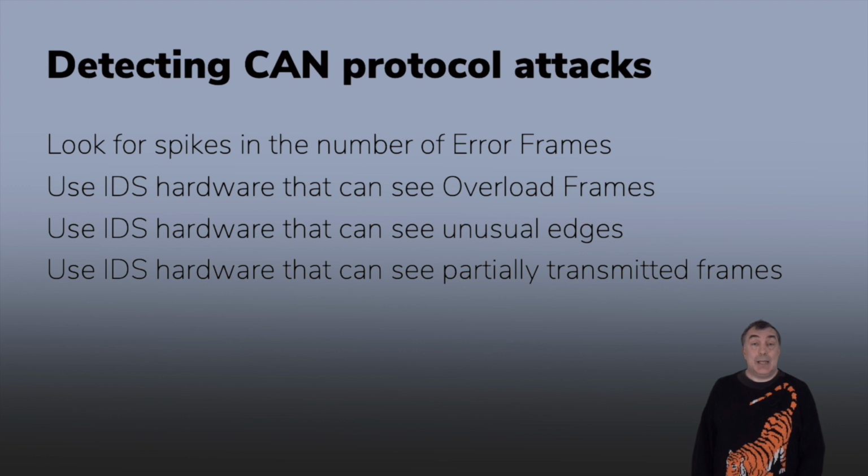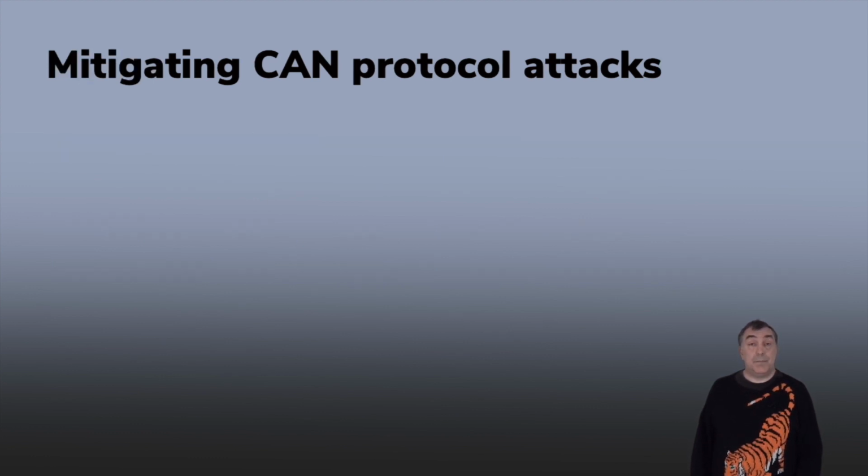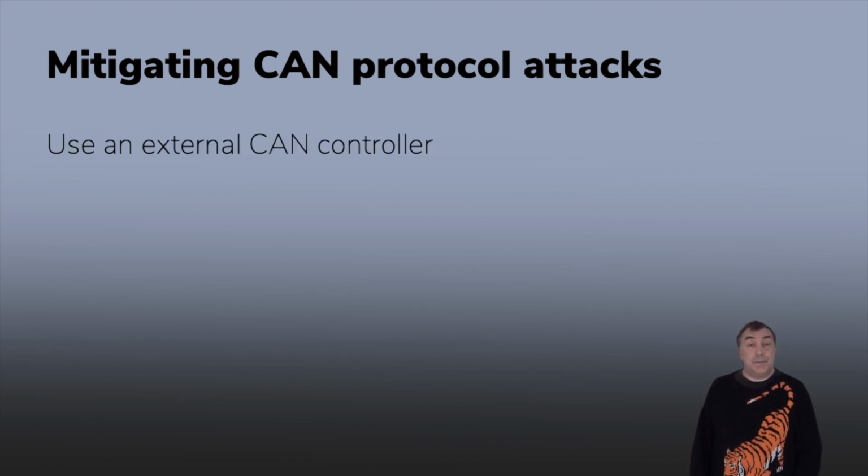But detecting attacks is only one line of defense. We also want to frustrate CAN protocol attacks. Let's talk about ways to mitigate CAN protocol attacks. The attacks rely on malware having direct access to the transceiver. Well, we can easily stop that by using an external CAN controller. This isn't perfect, an external CAN controller costs more money than an internal one, but for some devices that are at high risk of being hijacked by malware, such as ones with huge amounts of complex software that's bound to contain vulnerabilities, this could be appropriate.